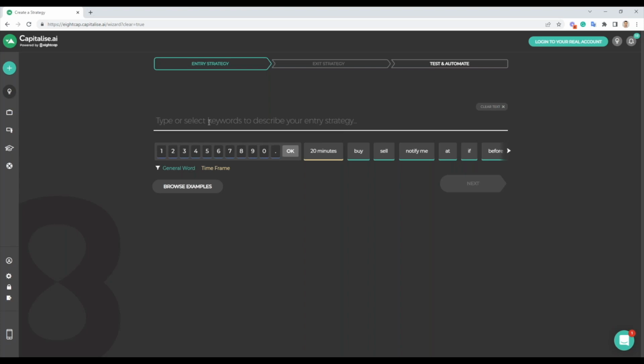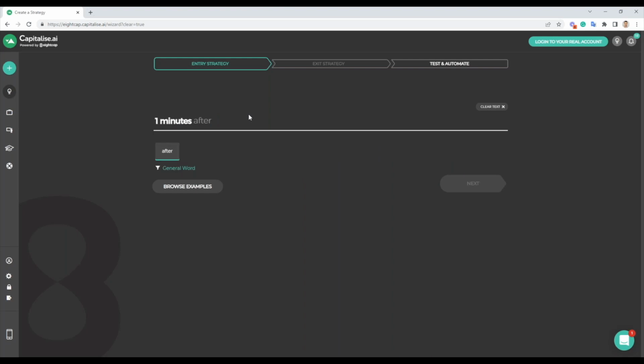So I'm going to use, perhaps in this, let's see how we go. This time I'm going to go 1 minute after entry starts. Okay, and we want to, oh, what happened there? If it goes red, you know that you've done something. There's something that the strategy doesn't like, so you can just click back until we find, oh, you know what, I bet you it's the S at the end of minute. Yeah. Okay, so 1 minute after, let's say, entry starts.